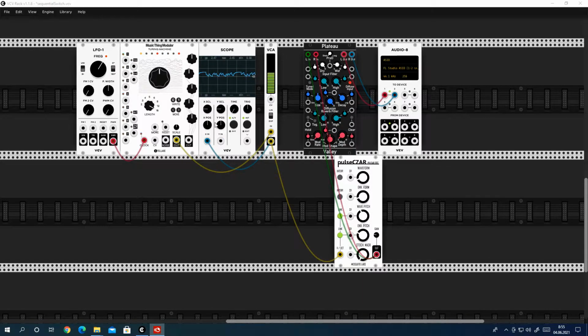And here is the patch from the book. Here we have the Turing machine. It's clocked by this LFO here, the square wave output of the LFO. And one of its outputs is patched into the VCA to attenuate, and from there one cable